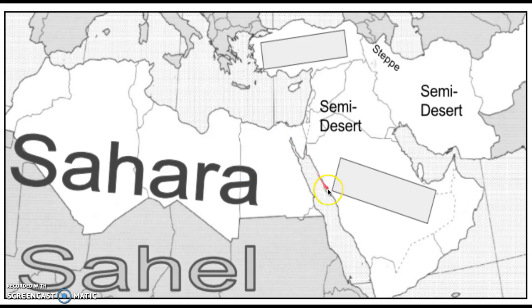And then as we move into the Southwest Asia part, a lot of this area is going to be dry as well. In the upper part, we do have some steppe, some of that light grassland that is useful for grazing and herding, maybe not so much for big-time agriculture and farming. In here we have semi-desert.